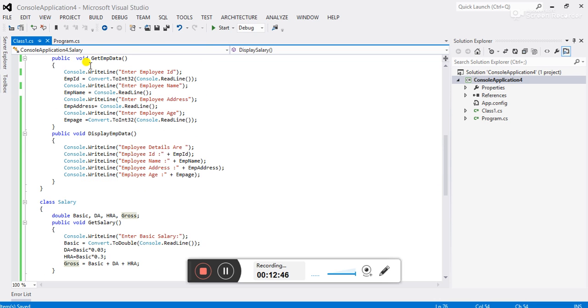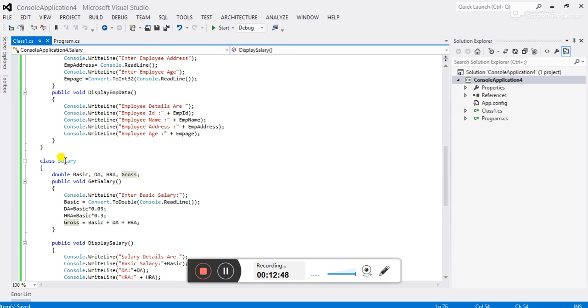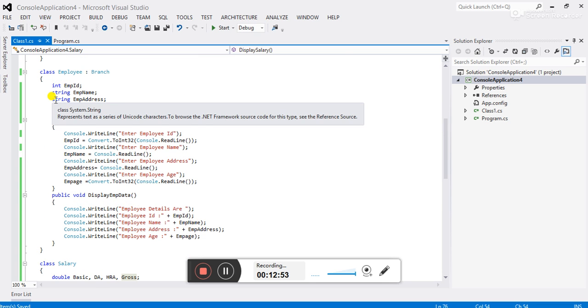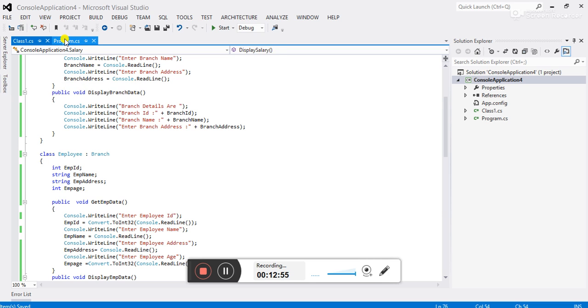We have to create the instance of the salary class. By creating the instance of the salary class, we can access the employee class and branch class functions also.